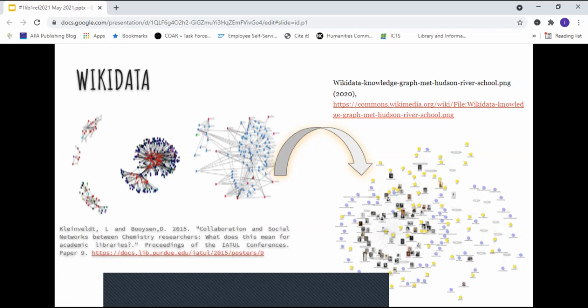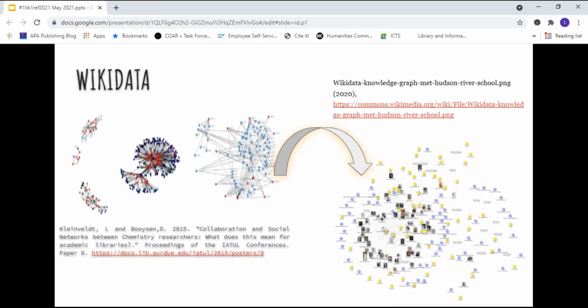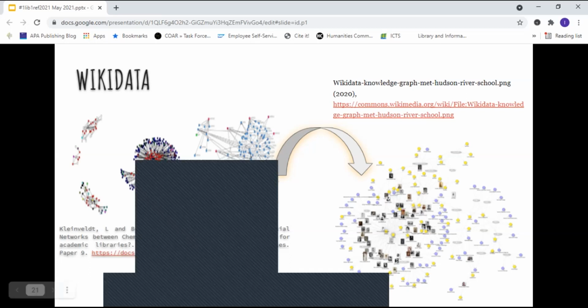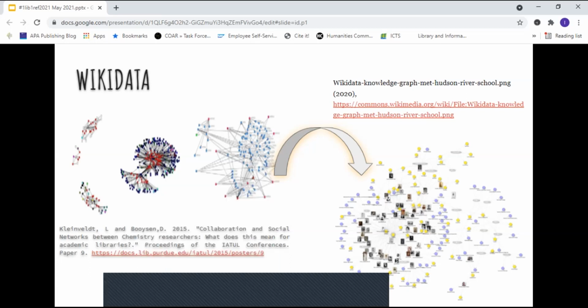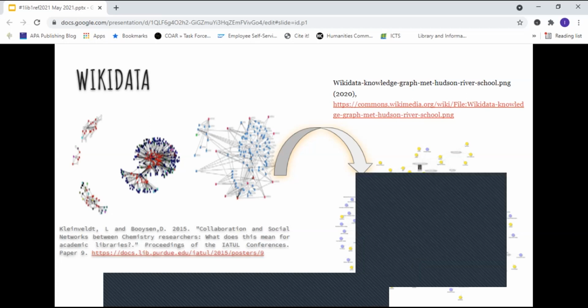So I have to start, first of all, by sharing a bit of my encounter with data and structuring data in the past. When I was first exposed to Wikidata, as much as it was overwhelming, and to an extent still is, as I still need lots of practice, I couldn't help thinking back to my early days enrolled in a PhD program and the tedious process I followed studying social networks of chemistry researchers with their collaborators and what that meant for academic libraries.